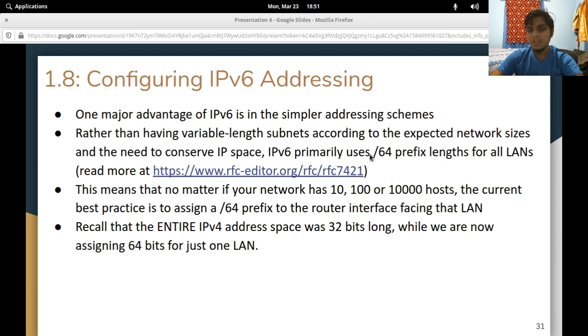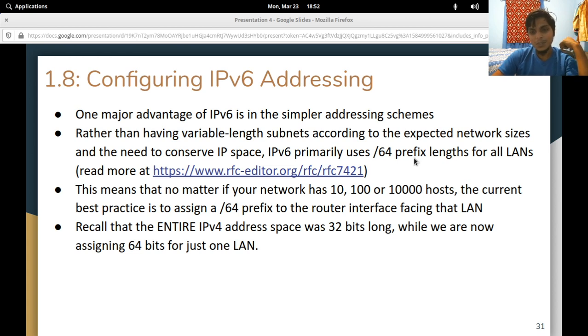So this is an RFC, this /64 recommendation. But basically what I'm saying here is, remember the whole thing about subnetting, the whole reason we did subnetting was to try to maximize our IPv4 address space allocations, right? So we said we had a limited IPv4 address space and we wanted to maximize that to make sure that we weren't wasting IP address space. But because of how many addresses we have in IPv6, we're just going to use /64 for all of those LANs. So rather than leaving with a /31, you literally leave no address unused.